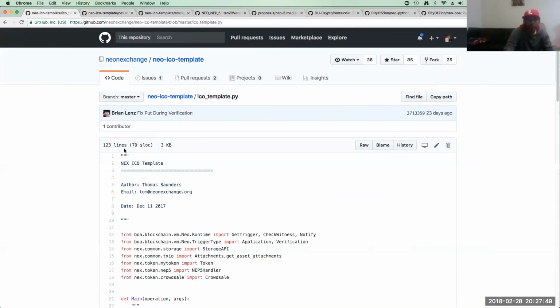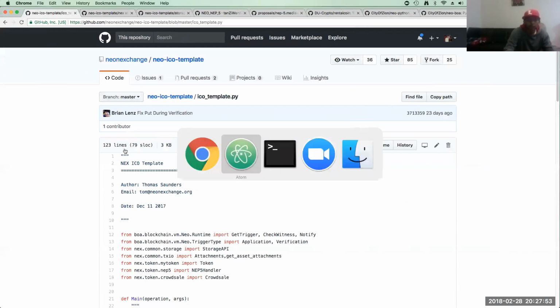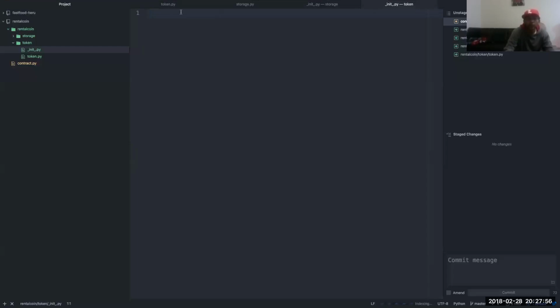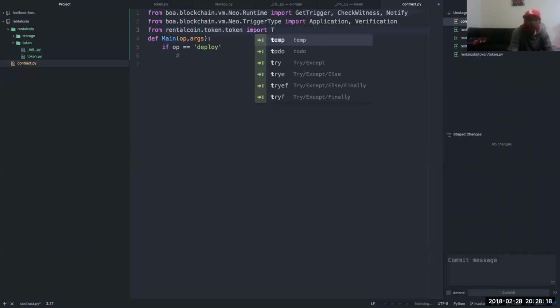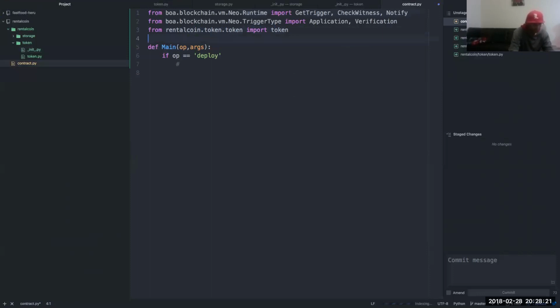And what I'm doing here is, go contract.py, then we're gonna do from rental coin dot token import token, and then from rental coin dot storage import storage API.